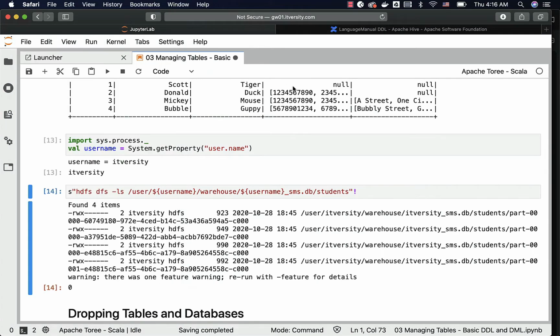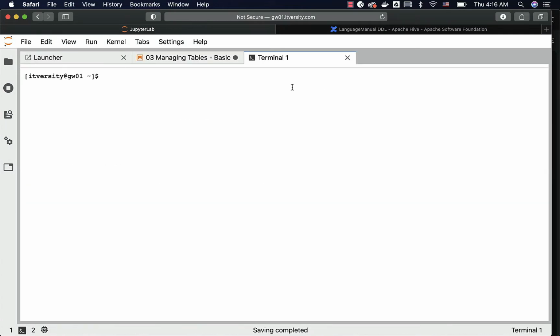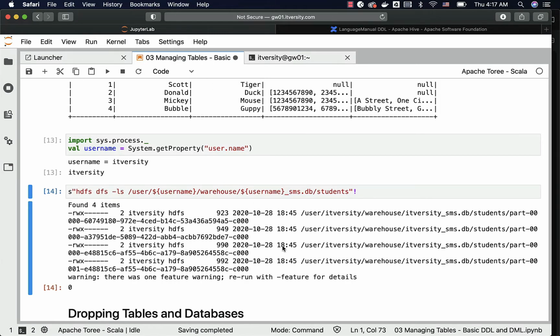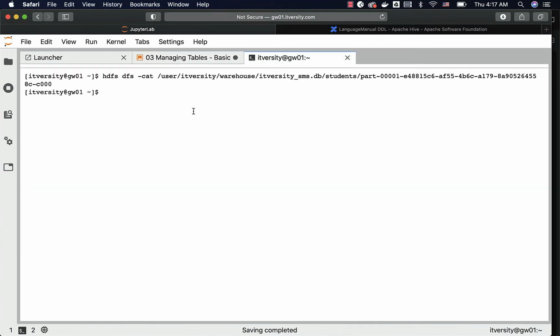So let me open the terminal here, and then let me use hdfs dfs -cat, and let me paste this, and you should be able to see special characters. This is empty, there are no records in it. Let me use some other file. Actually the size is 992 bytes, but it is not showing anything. It's because of the special characters in it. The console might not be able to show those characters.